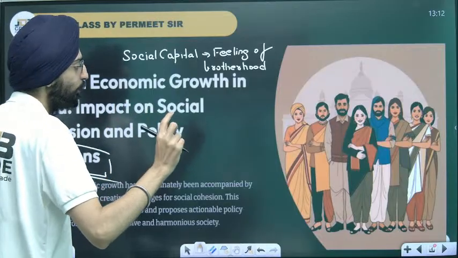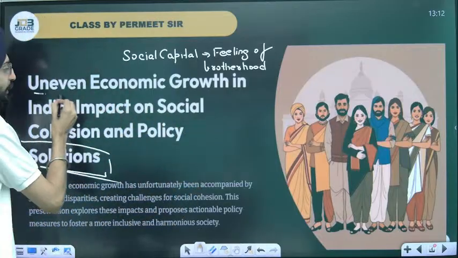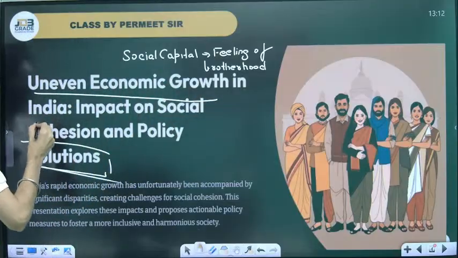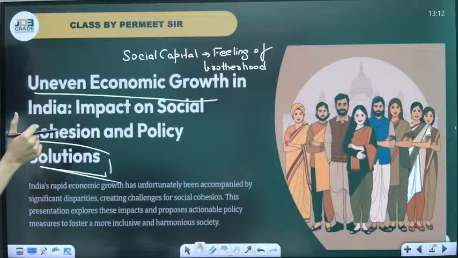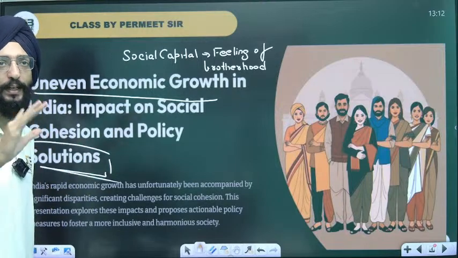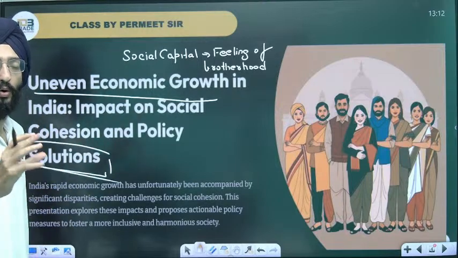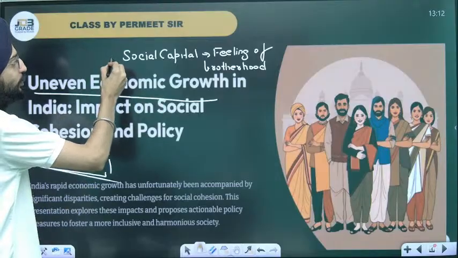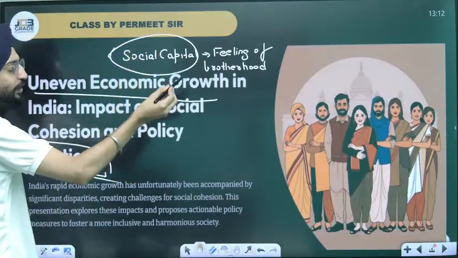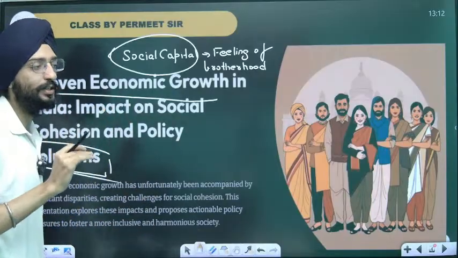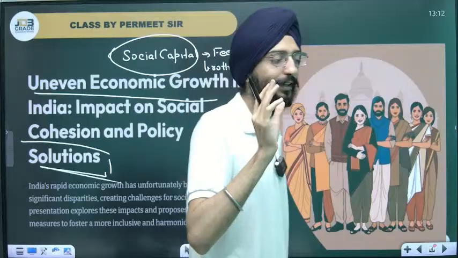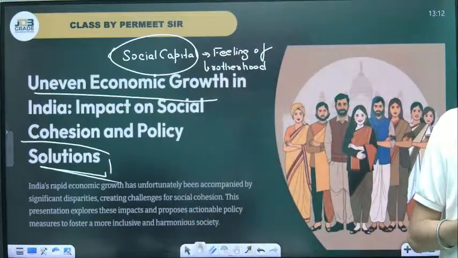So again, what's the theme for this? The theme is uneven economic growth in India, impact on social cohesion and policy solutions. What's the impact of uneven growth that's been taking place in India on social cohesion, what we call social capital, the feeling of brotherhood? Let's discuss this because it's a very interesting theme, and the questions have been repeatedly asked in the UPSC